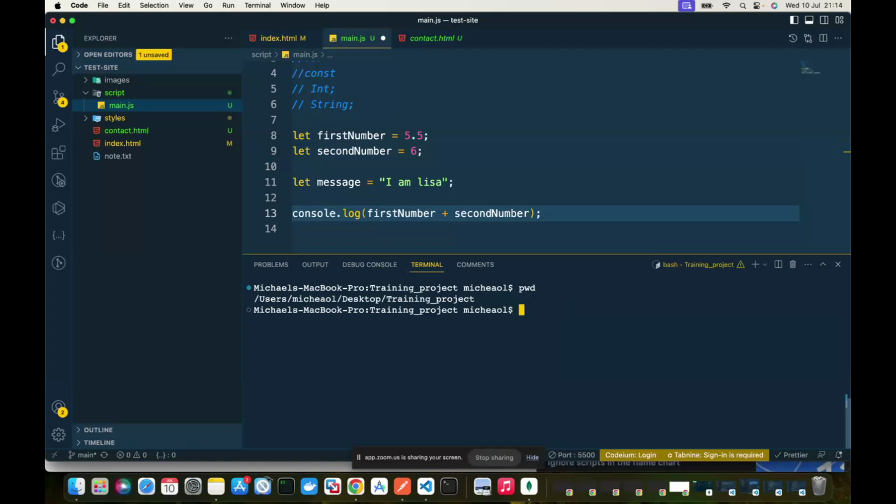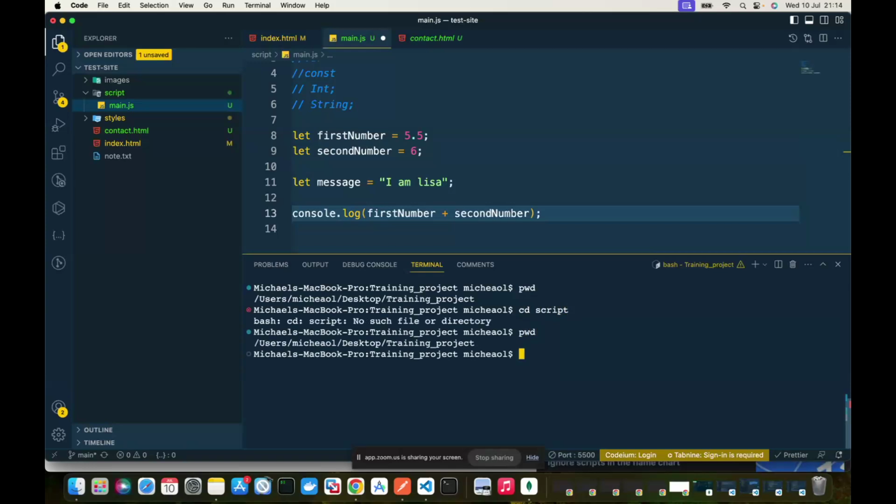Let me go inside that folder. CD script. PWD. Oh, sorry. I'm not inside this. So CD desktop. I have it inside my desktop.